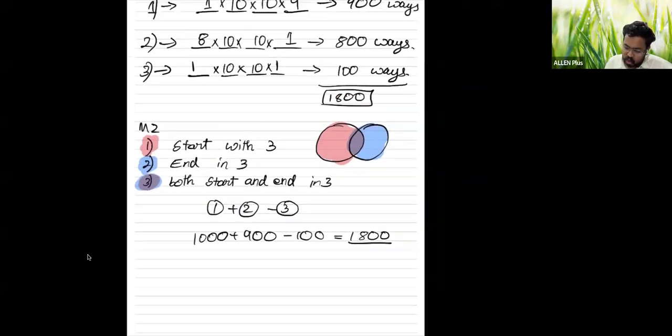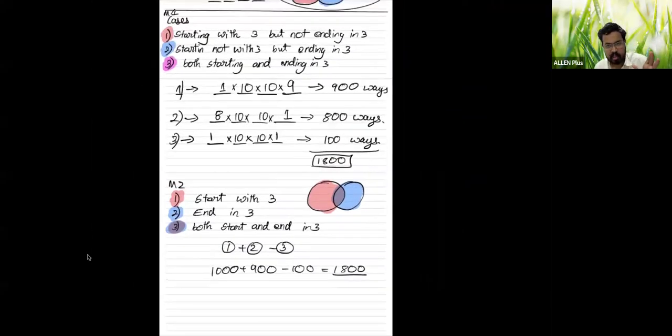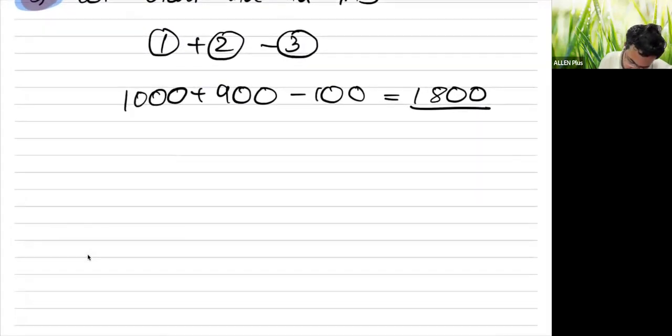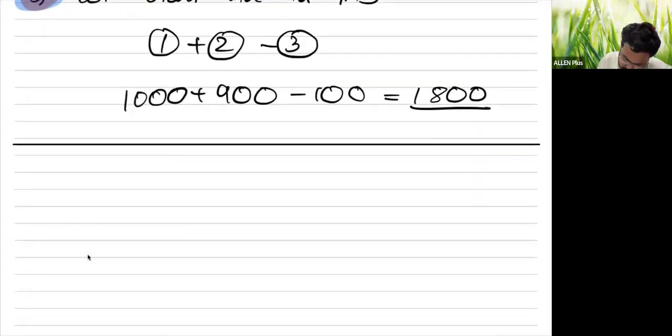So in combinatorics there are often multiple ways of solving the same question. It will always lead you to the same answer, as long as you have taken care of all the conditions of the question properly. Okay. Try question 24. Anyone who is finding it tough to make notes, because I'm going slightly faster,